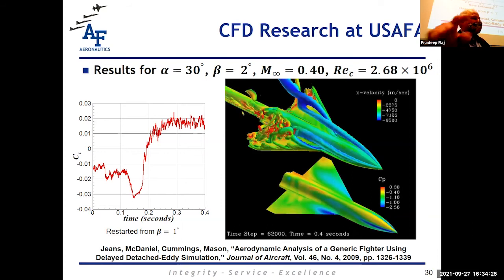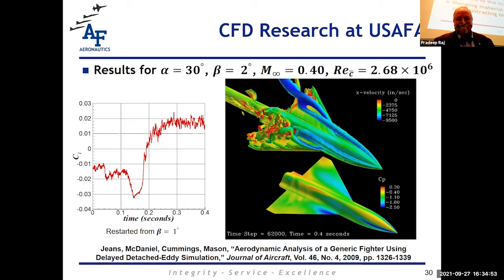To get that to work, with including the hysteresis, you had to start from the right condition. Otherwise, you wouldn't see it. You would never see it. And you would never see it if you didn't use Taschetti simulation. If you just use URANs, you wouldn't get the answer. So it took almost the entire time Bill was there. That was kind of an interesting project to work on together.